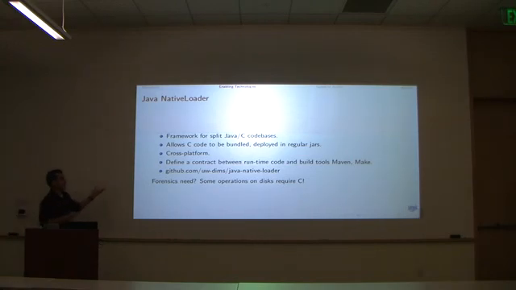So why do I need it from a forensics point of view? Well, you can't read a serial number of a disk drive in Java, but you can in C. So if I want to do it in Java, I just need to bind into C. So you write the C code to read a serial number of a disk drive, and then you just have a JNI binding, and suddenly you can read it in Java.